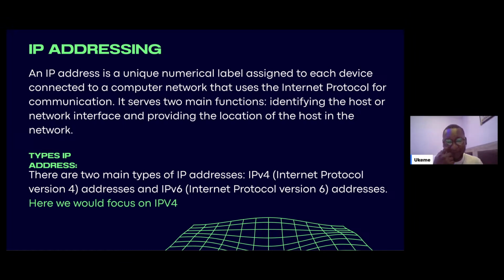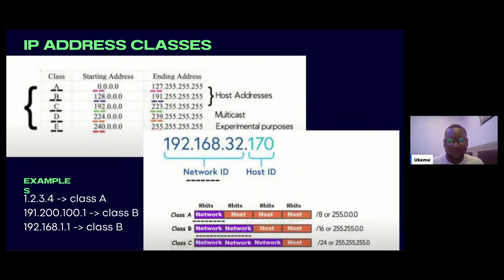So we have types of IP address. There are two major types of IP addresses. There's the IPv6 and there's the IPv4. So IPv6 is still very much in use, but then the IPv4 is the most established kind of internet protocol. It's not so new, but it's there. But we would be focusing more on IPv4 because most modern devices have both IPv4 and IPv6, but IPv4 is the most prominent and the most used. So we'll focus on that. Next.